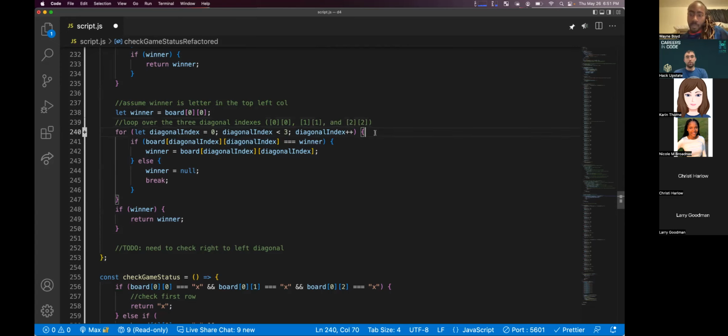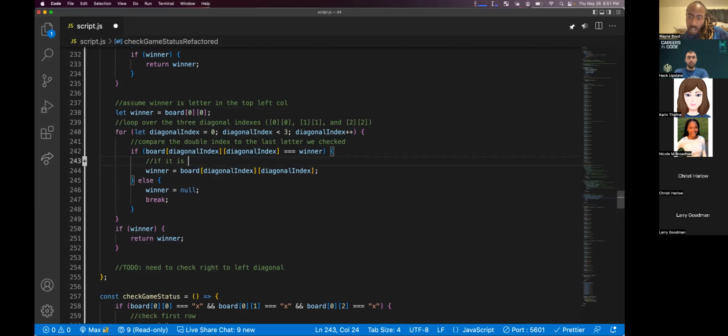Then the if statement is comparing all the diagonal indexes to make sure that they have all the characters, to check to make sure it equals the winner.